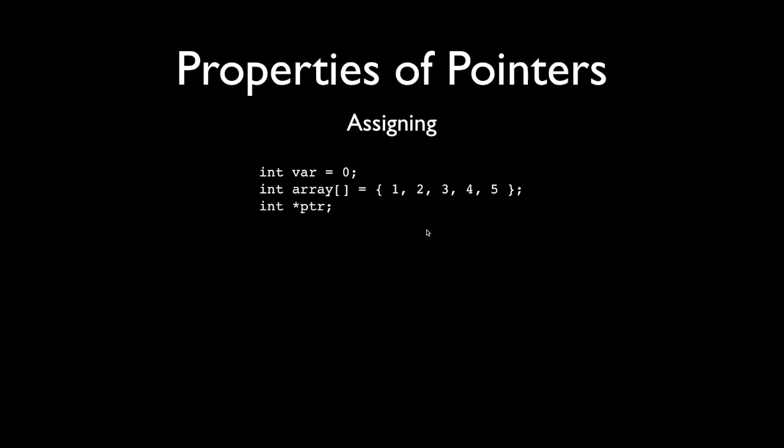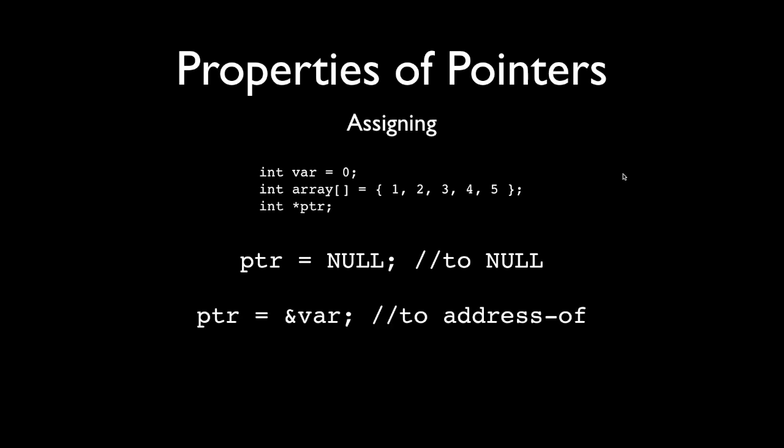So if you have, say, for example, a single integer variable or an array of integers and a pointer, you can actually assign the pointer. Well, first you can assign it to null. Null is the universal constant for an undefined, or better yet, an invalid pointer. If you set a pointer equal to null, you're saying it points to nothing. Null is actually a constant of 0. It's like setting the pointer to 0, the memory address 0, which is not a valid memory address.